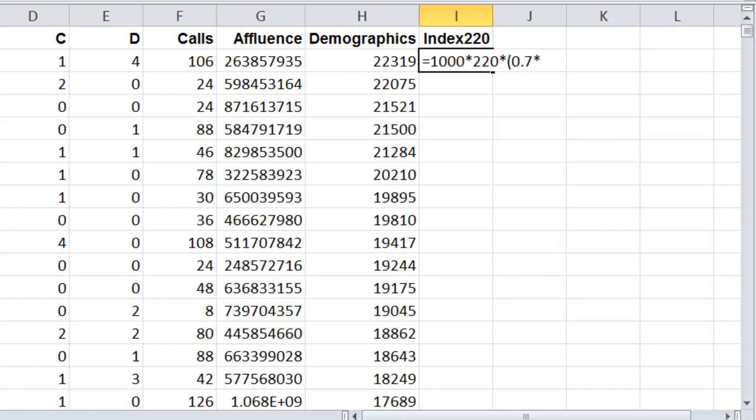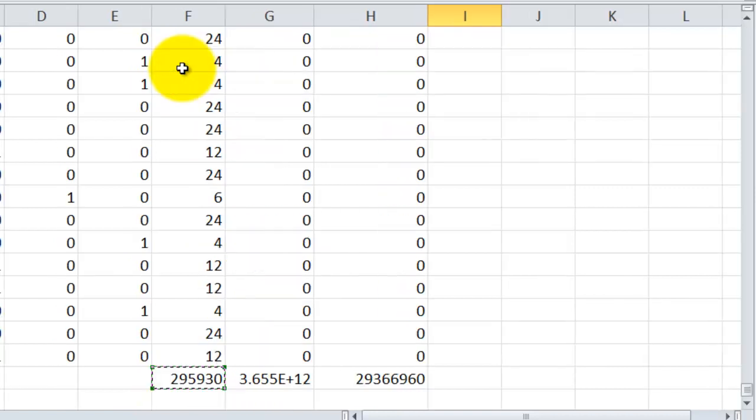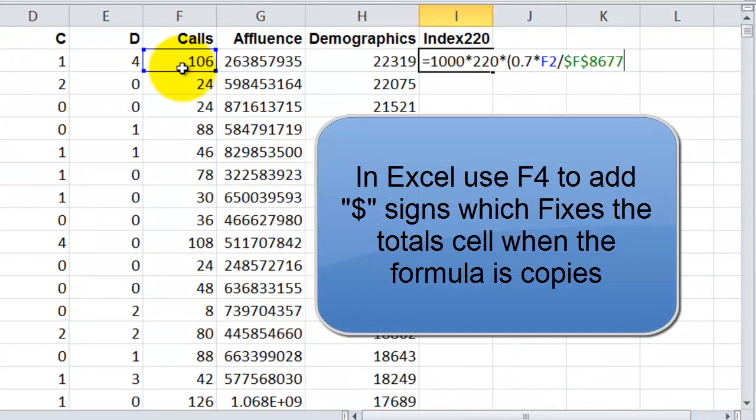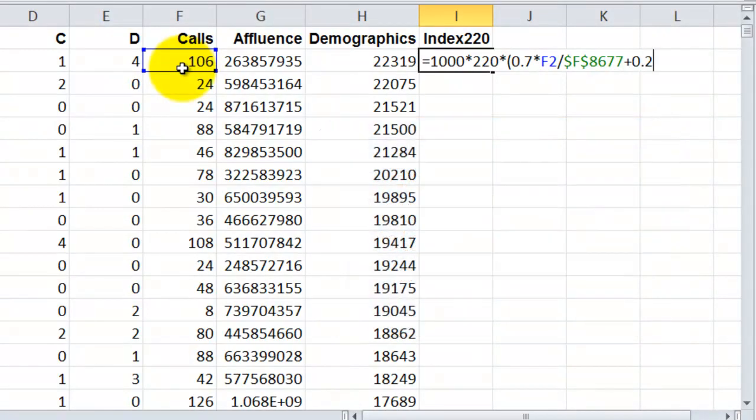So I'm going to multiply this by the calls number, divide it by the total, press F4 to fix the total,